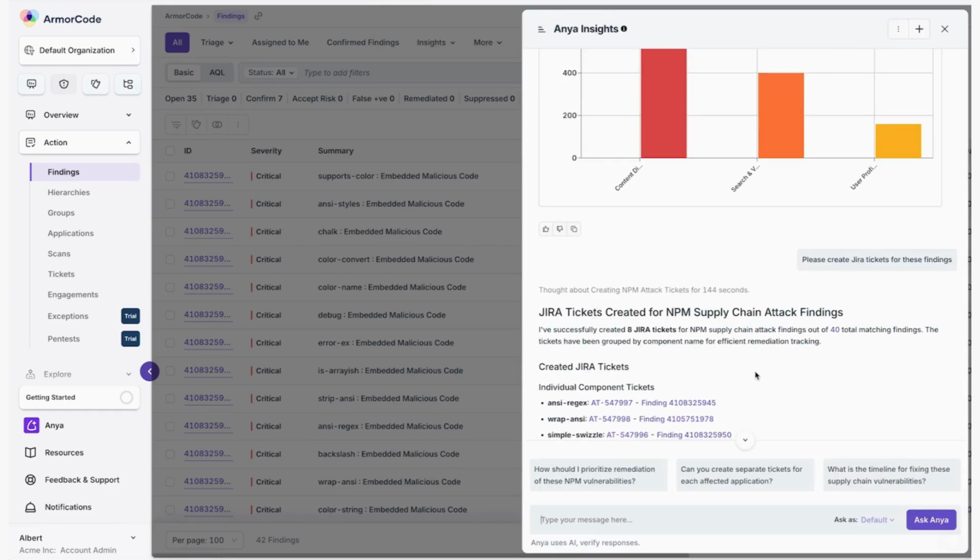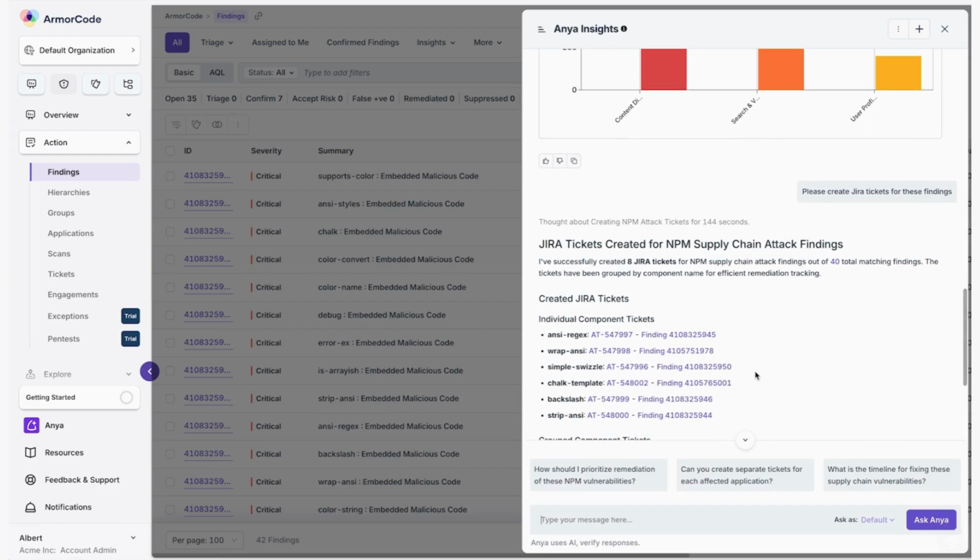As you can see, Anya has created the Jira tickets, which can then be prioritized by the respective teams and